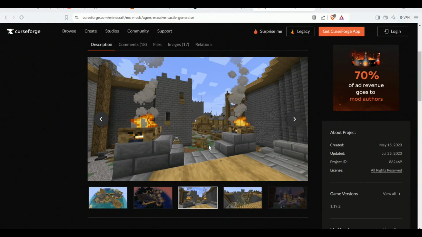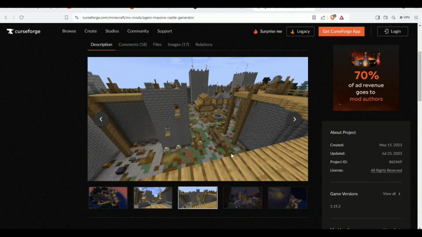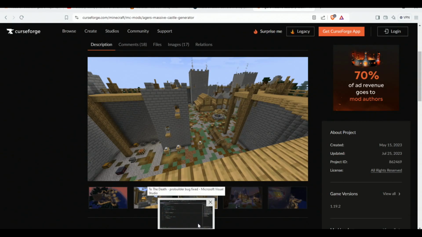So I really, really liked the way these castles came out. And for me, this was a much better form of world generation, having prefabs within prefabs, and sometimes prefabs within prefabs within prefabs, so that the world generates differently each time. And each block structure within this generates randomized elements within. Okay, so that was the Minecraft experience I had, which led to me doing some randomization within my current game,